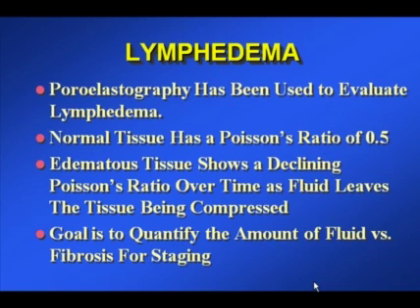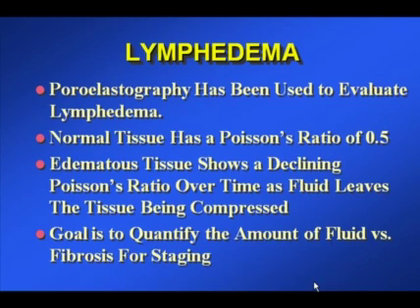Finally, lymphedema has been evaluated using elasticity imaging. A special technique called poroelastography is used to evaluate lymphedema. Poroelastography is a technique that uses the Poisson's ratio, which is simply the strain in the axial direction divided by the strain in the lateral direction. Normal tissue has a Poisson's ratio of 0.5,